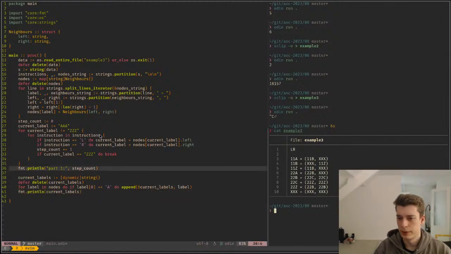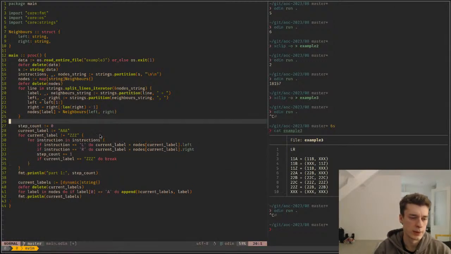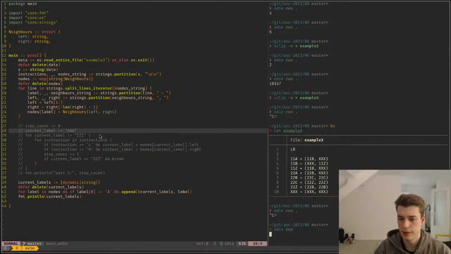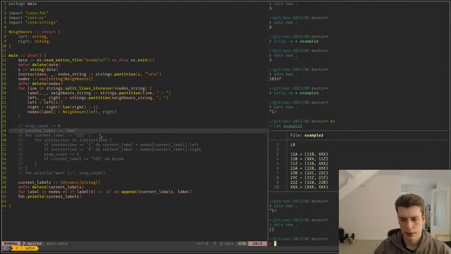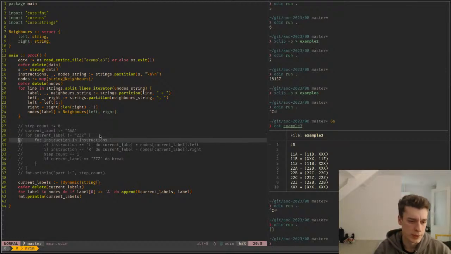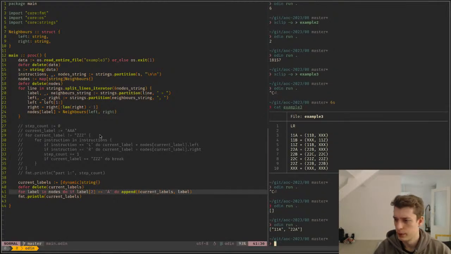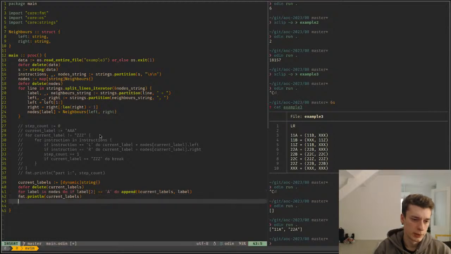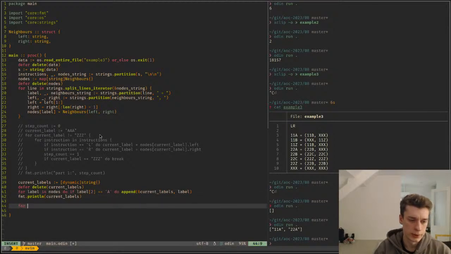Yeah, and obviously this isn't going to work for that example. Oh no, it's that end with an A starting node, and it is the one that ends with a Z. Okay. So it is 2 here. Okay. And then we do for